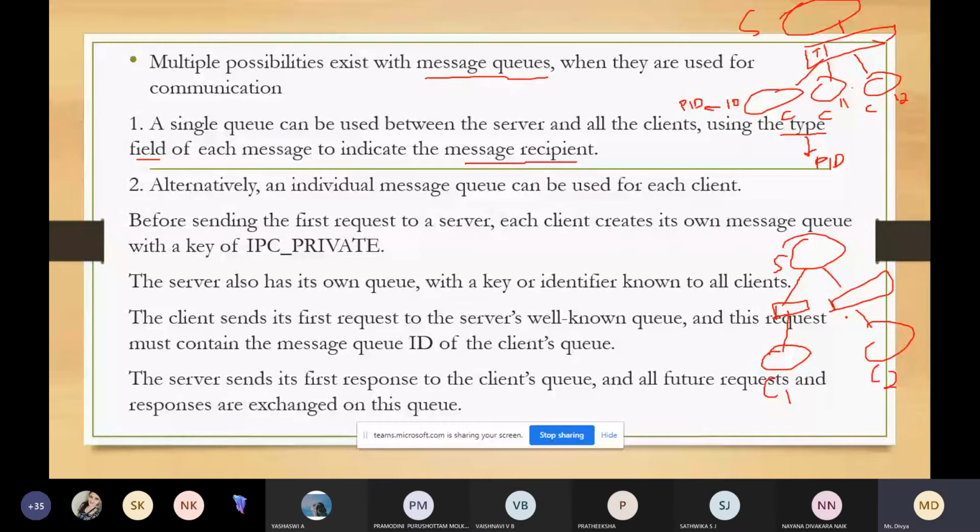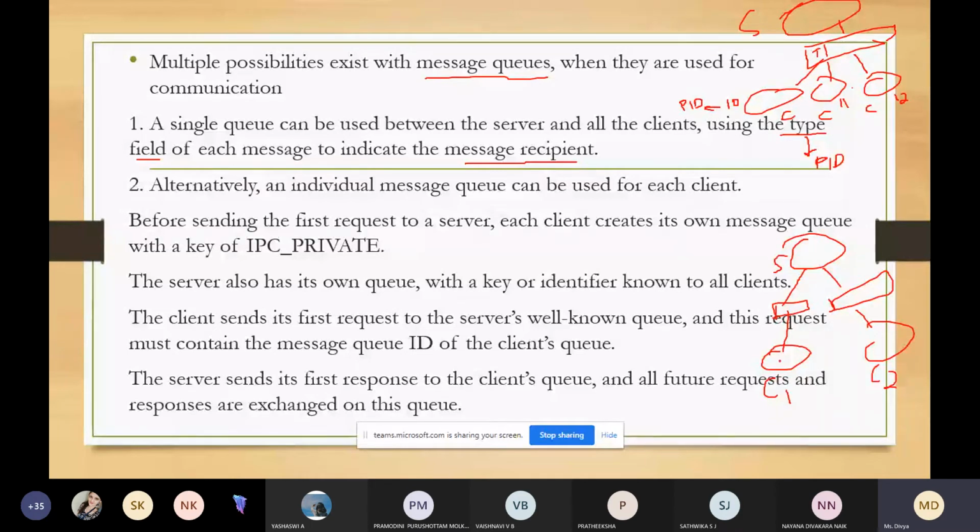Before the client sends the request to the server, each client needs to create its own message queue. The server then has its own queue, and the client sends its first request to the server using this well-known queue.